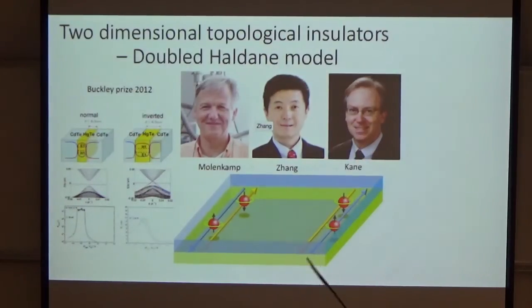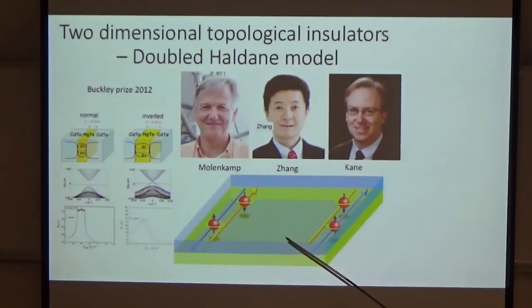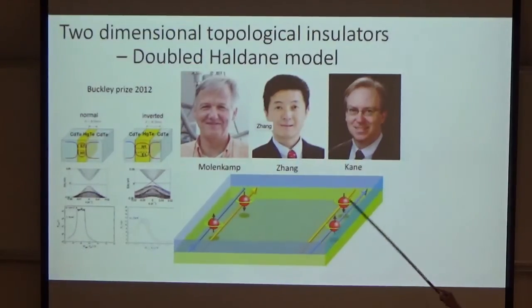So the most important thing about it is that in the center there's supposed to be a gap, it's supposed to be insulating, and all the conductance happens on the edge. And if you don't scatter from spin up to spin down, these are actually good conductors. The experiment showed that the conductivity on the edge is essentially e squared over h, which is what we expect